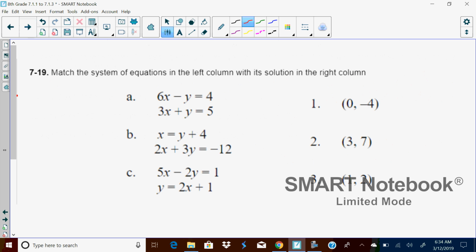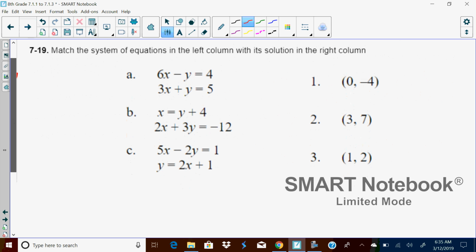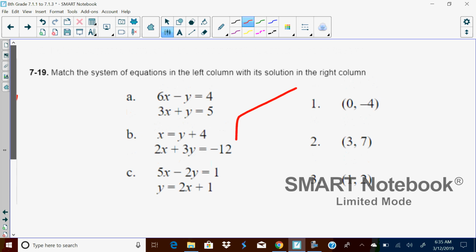Number 19, match the system of equations on the left with the solution. So I just basically plugged it in. So I said, okay, the first one, 6 times 0 is 0, minus -4 is going to give me 4. 3 times 0 is 0, plus -4 is not 5, so the 1 can't match that one. So I plug it in here, 0 equals -4 plus 4, that's true. 0 plus -12 equals -12. So 1 matched